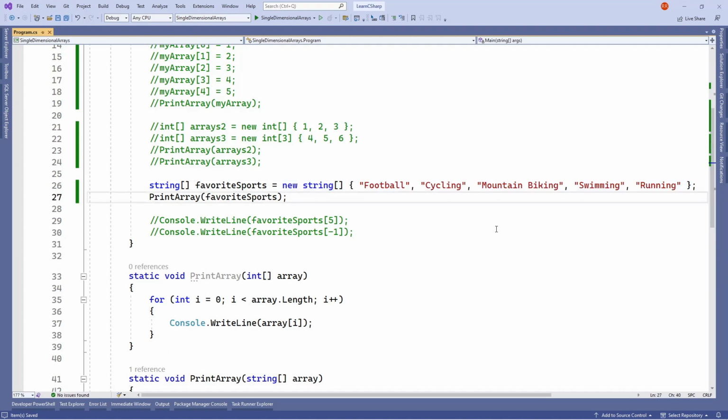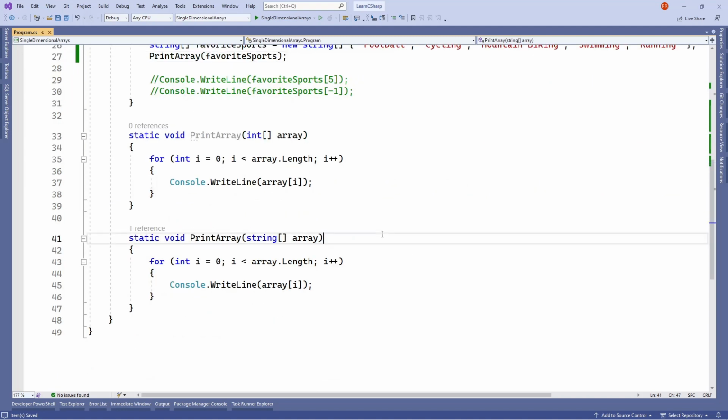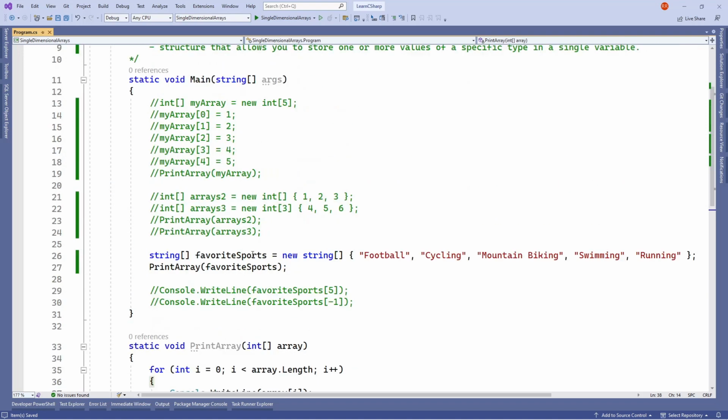Okay, and then we can also loop through it. So we have here the overloaded method for the print array that accepts an array of strings. Okay, and then of course, almost the same code as the print array for the array of integers. Okay, so simple. And then with this one, we can